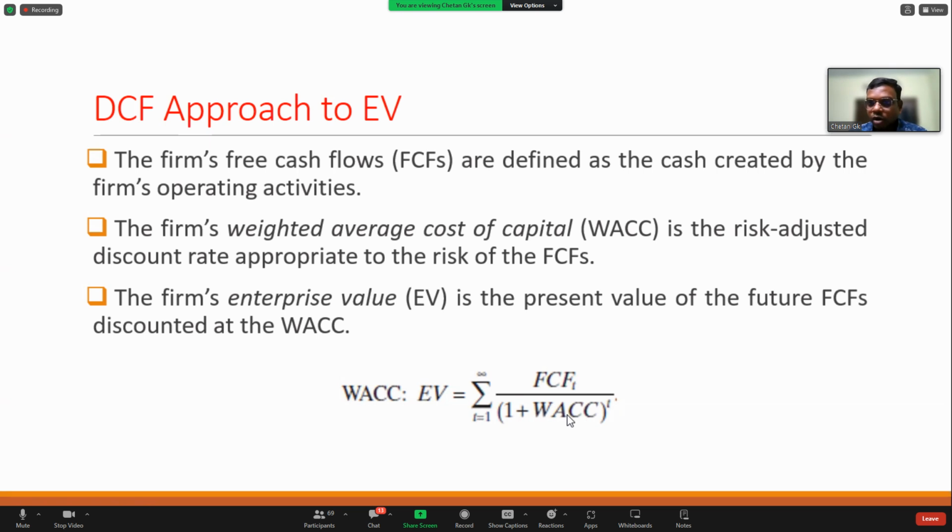We have not discussed how to compute WACC yet. We'll be discussing it in the next session. Assuming that 12% is the WACC hurdle rate for, let's say, TCS, if I compute this, then I should have computed the enterprise value. This enterprise value plus cash minus debt, divided by the number of equity shares outstanding, gives me equity value per share. Equity value per share is actually called what? Your intrinsic value. You compare that intrinsic value with the market price, and you take a decision whether to buy or sell that particular company's share.